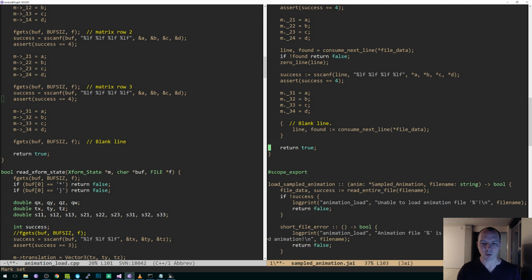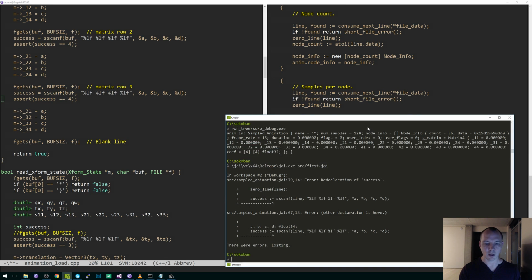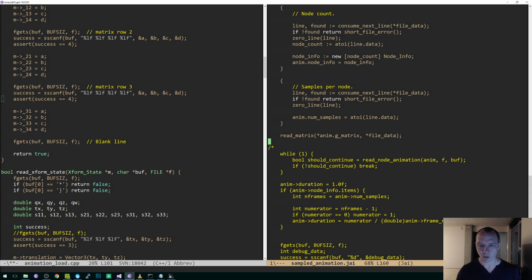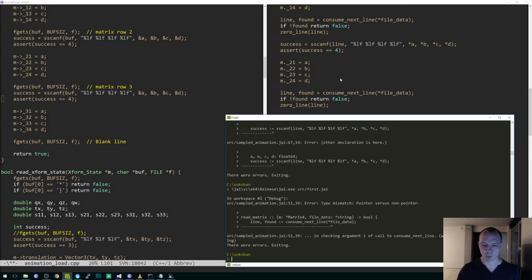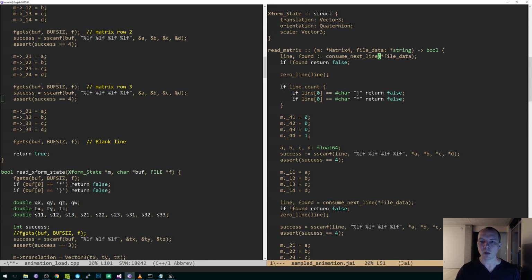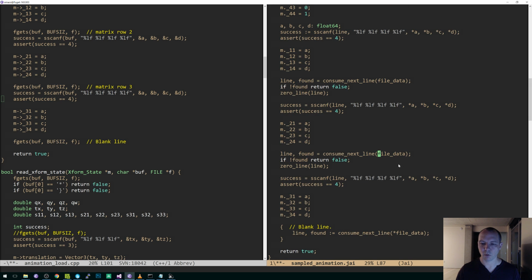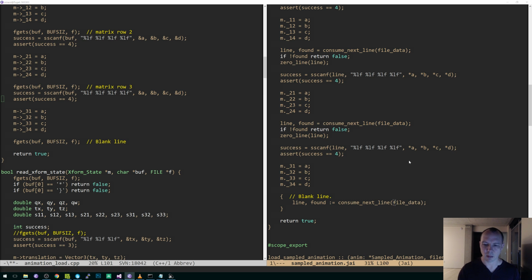So we read this matrix. Very exciting. Let's just do that. We should be able to see the result in our thing. I'm redeclaring success. You can never have too much success unless your compiler gets angry at you. Then you can have too much success. Oh, yeah. Okay, so if this works, I'm going to do the thing where I do a zeroed consume, so I don't have to call zero line all the time, because that,